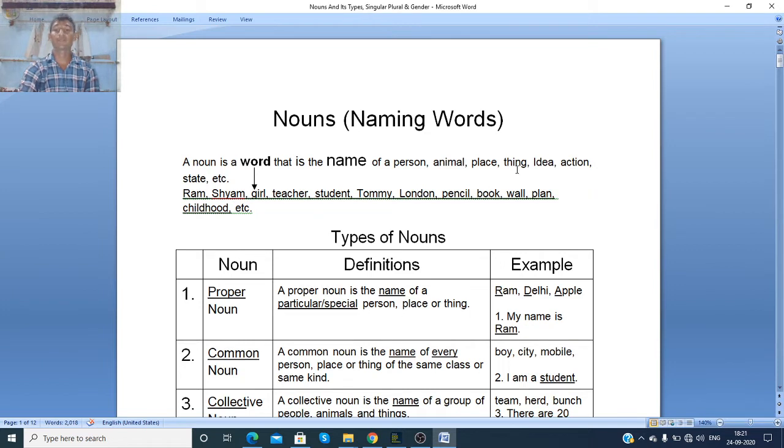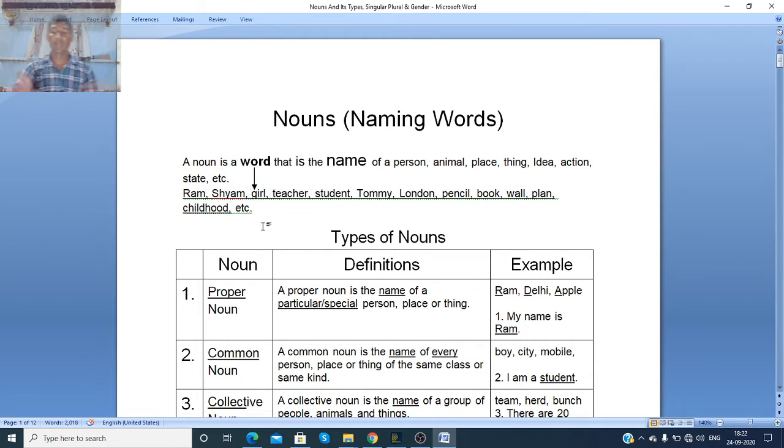China, Pakistan. A thing like pencil, book, wall. Idea, like plan. Action, like movement, dancing. And state, like sing. So the words Ram, Shyam, girl, teacher, student, Tommy, London, pencil, book, wall, plan, and childhood